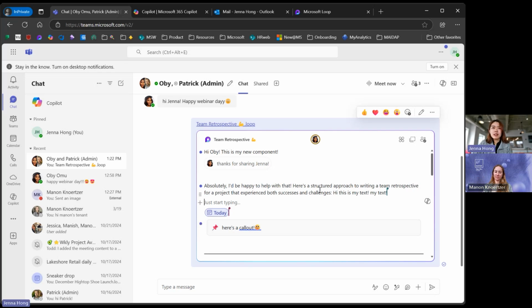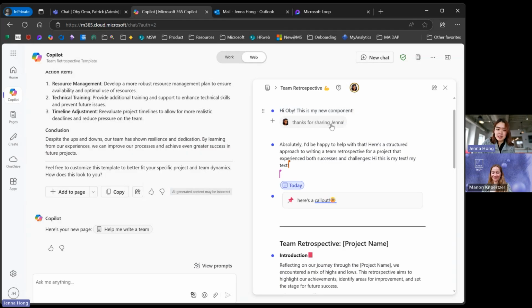Yeah, for sure. So now I'm thinking a little bit about how Teams is our go-to within my immediate team, but sometimes we work with external partners too. Is there a way for me to share my page, my component, with external partners? Yes, there is. And this was definitely a highly asked for part of this, because obviously sharing with external partners is super important. So if you go back into that share menu,